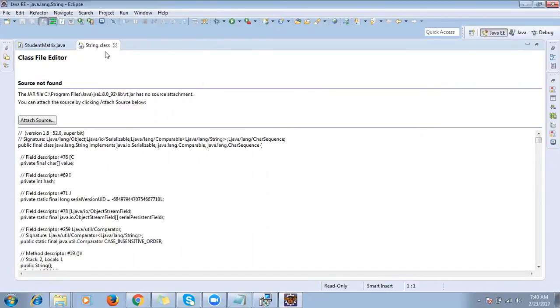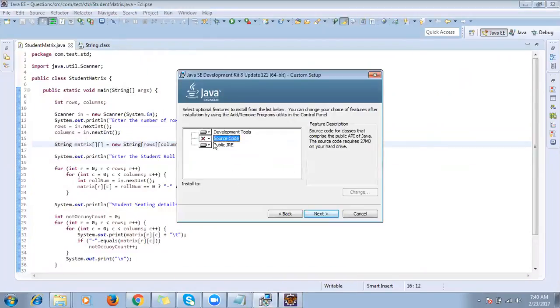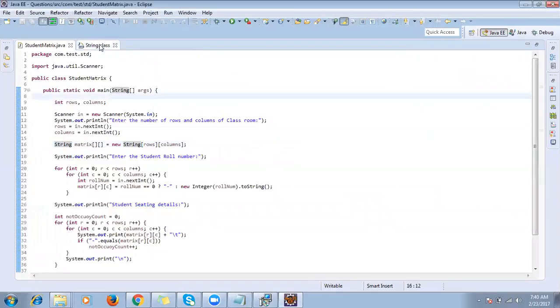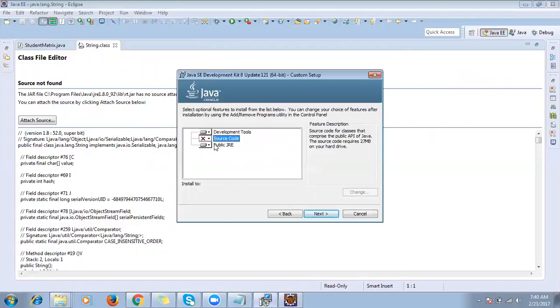So this is a dot class file. What happened here is, when I was installing the software, I unchecked this one. Because of that, I'm not able to see the source code exactly. See here, this link has no source code attachment. If you select this checkbox, meaning